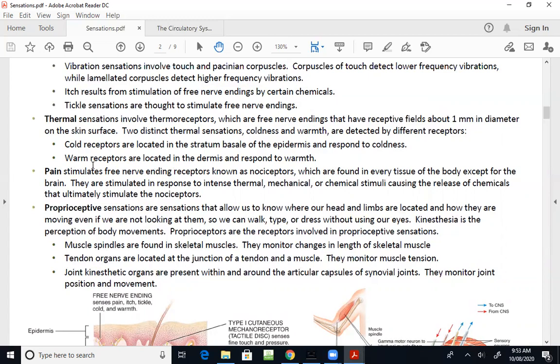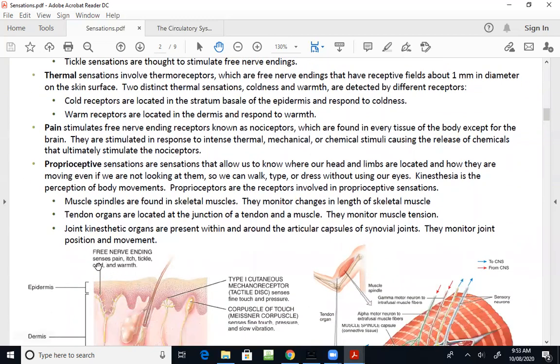Like if you touch something super hot, what's it cause? Pain, right? Okay. So pain is going to stimulate, same thing, free nerve endings, as what we've seen for the last several. The special type of pain receptors are called nociceptors, which I always tell students, remember, most people, if you ask them, do you want to stimulate them? They would say no,